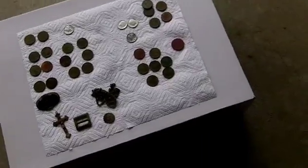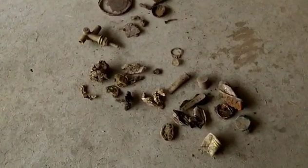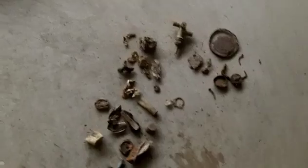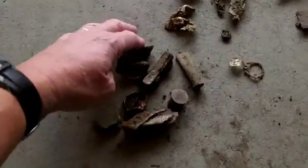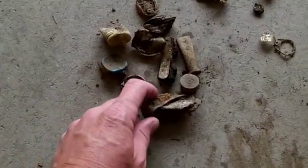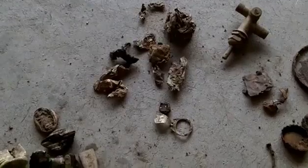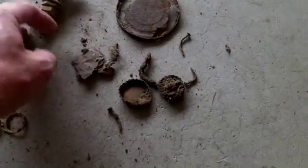I don't like to dig a lot of clad. Now, somebody had asked me how much trash I dig. This is the trash from today, which is probably a little less than what I normally do, but there's not a lot of trash in that area, and most of this stuff I did dig for a reason. Look over here. All this stuff here came in as like an older wheat or Indian head, numbers 12, 34, 35, 36 up in there. This is all pieces of aluminum and 1 pull tab, which of course come in as like nickel signals or gold signals. And then this is the iron that I dug,